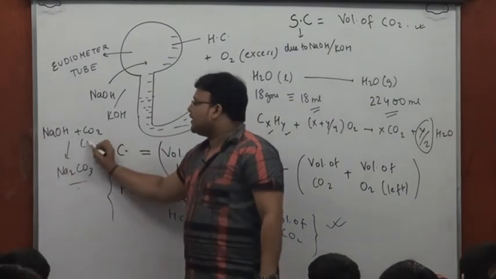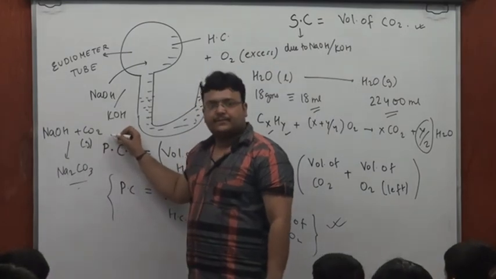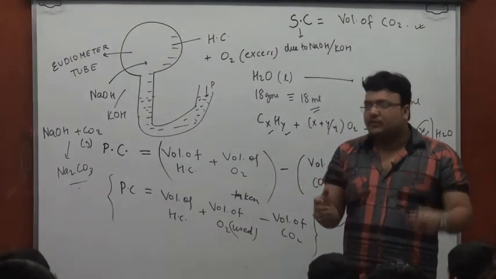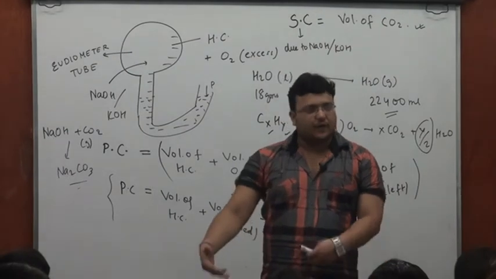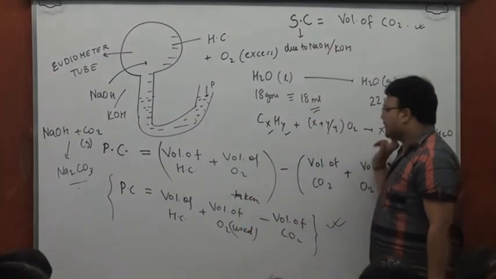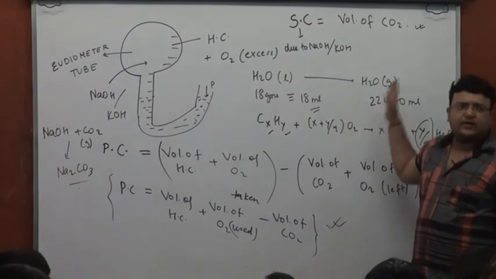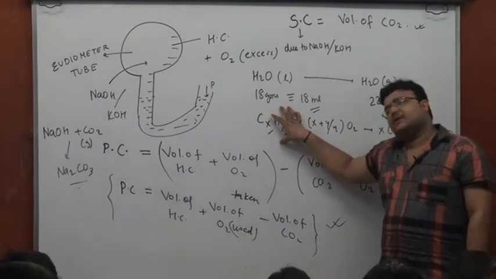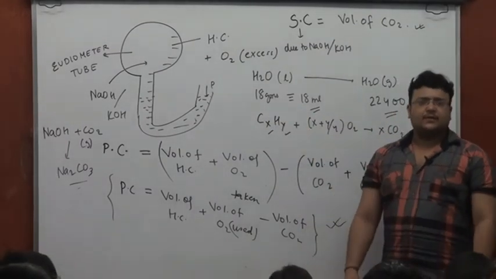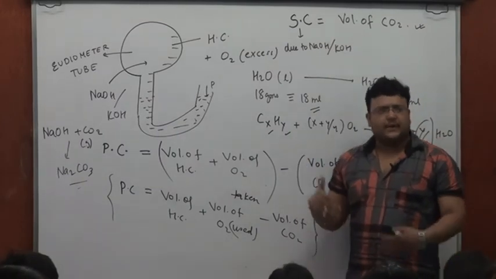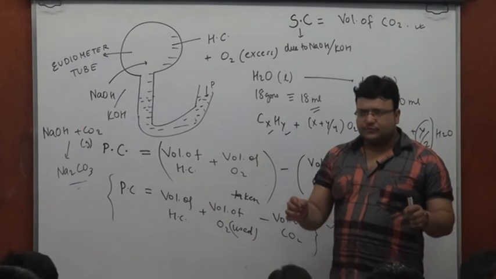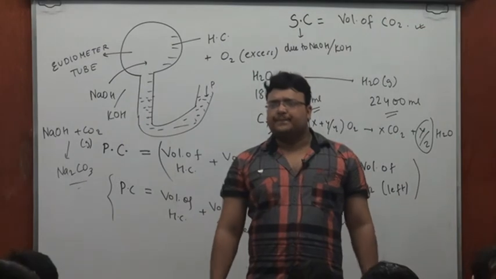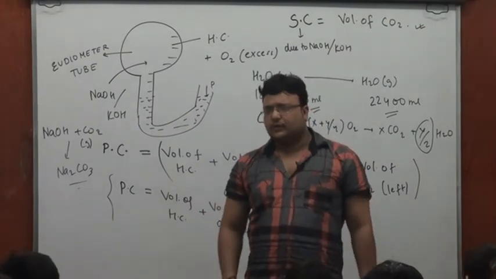So right away this gaseous carbon dioxide is absorbed. You add NaOH or KOH, carbon dioxide gets absorbed. You have a decrease in volume. That shrink in volume has to be the volume of carbon dioxide which was formed in the process. It's going to help in deducing the value of x right away. With two equations, you'll be able to solve for x and y, and deduce the formula of the hydrocarbon. So use this small time which I'm giving you, just in case you want me to repeat something. We'll start with problem solving. I'll give you a set of very basic problems, and that's how our understanding is going to be better.